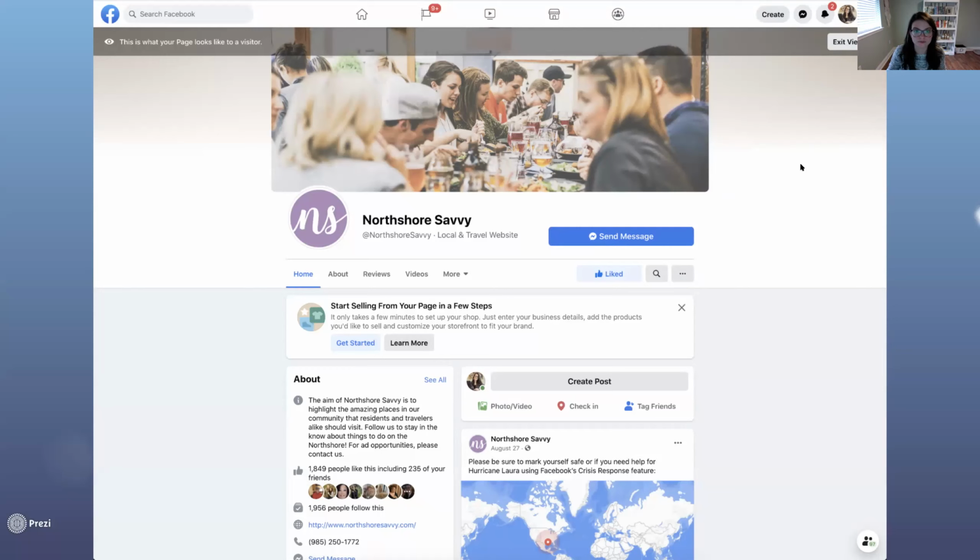on the North Shore. So there are other pages like this one. There used to be one called North Shore To Do. There's the Louisiana Travel Center, the Tourism Center for St. Tammany Parish. There's a lot of great pages like this. So this is another way that you can utilize Facebook pages to your advantage.